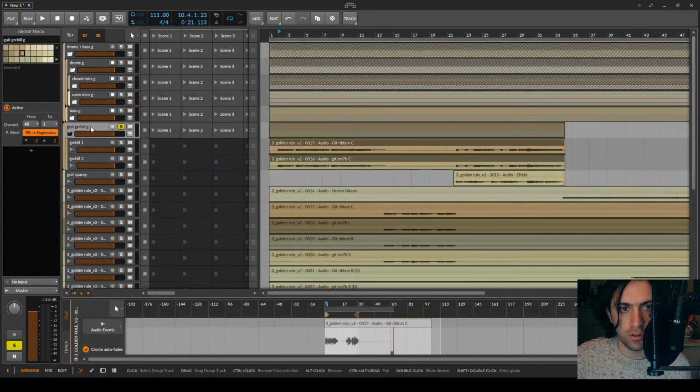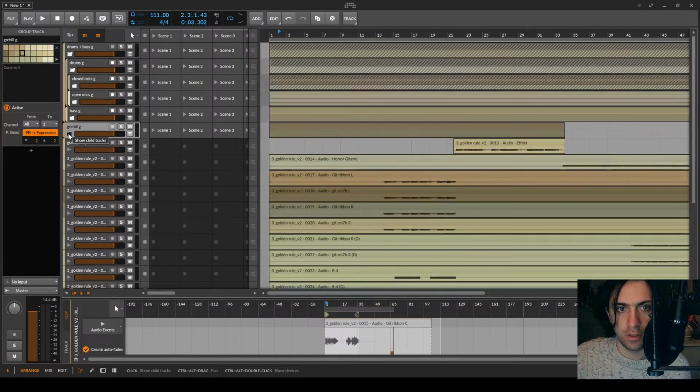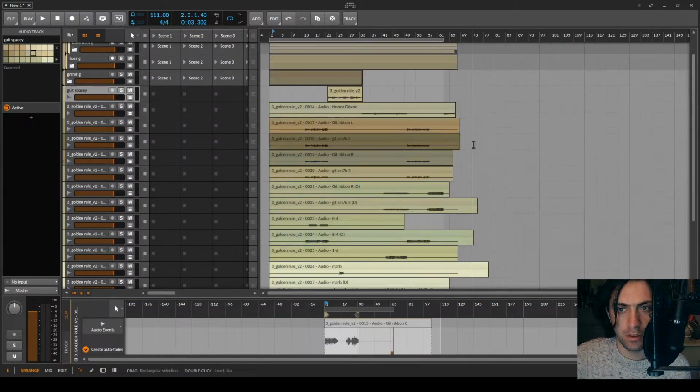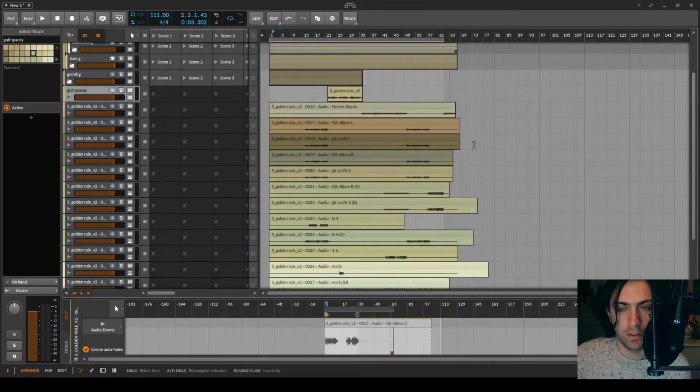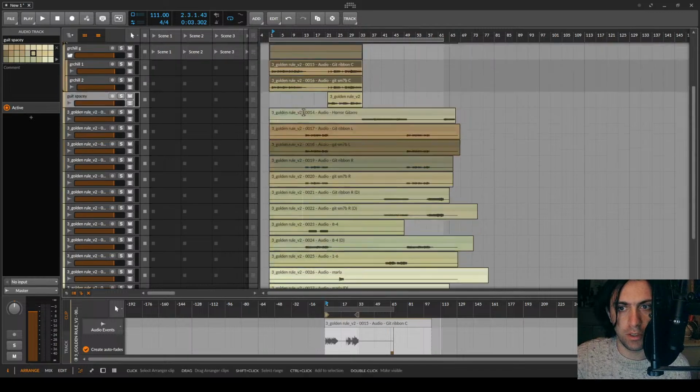Okay, now I have the gr chill. Let's only call it gr chill. Gr chill group. Okay, this is now gr chill. And this is guitar spacey. Okay. So this is already sorted pretty nicely.